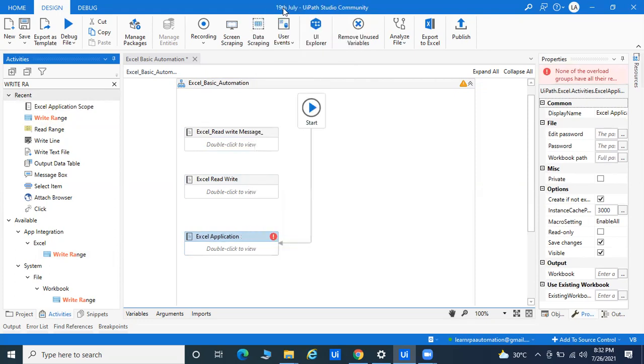So read cell and write cell. So Excel read and write cell.